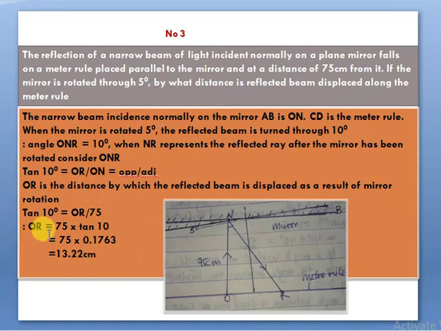We are now looking for OR. Do cross multiplication. Tan theta will give you OR over 75, since your ON is 75. We make OR the subject. OR will give us what? 75 times tan 10. Tan 10 is 0.1763. So OR will give us 13.22 centimeters. So you find out that the distance by which the reflected beam is displaced along the meter rule is how many? 13.2